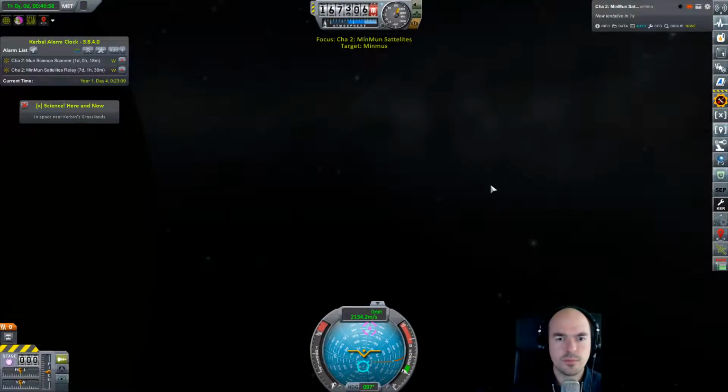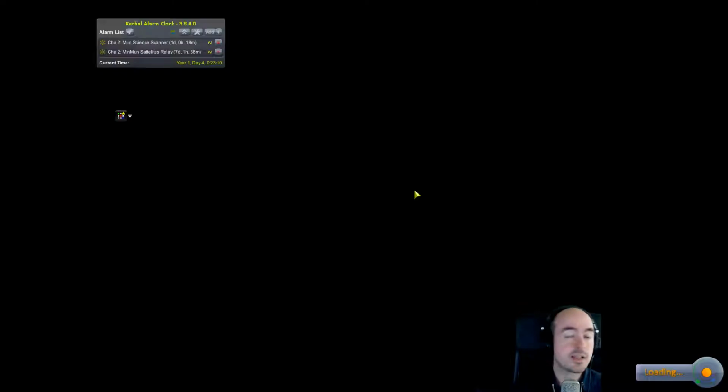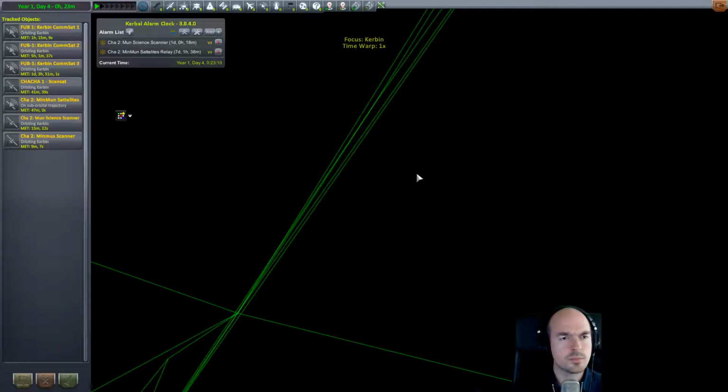Surely that's not the decoupler. We had a rocket in there, if you remember. That's the one we deorbited for Minmus. That is the thing. Okay, in that case, we'll just destroy this one. I thought we destroyed this together with the other one, but...